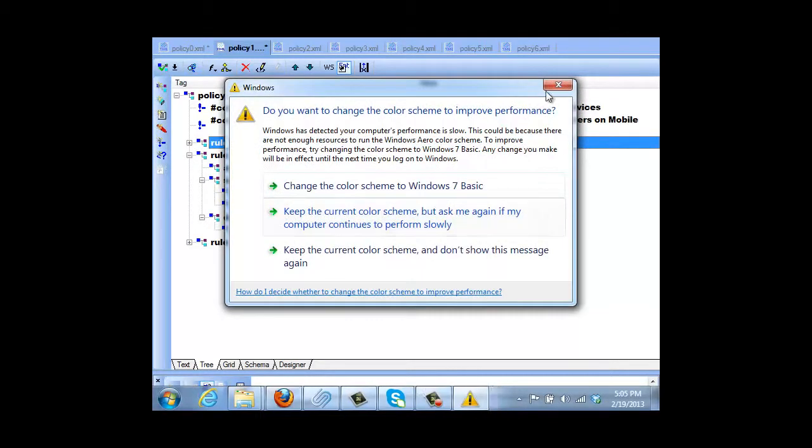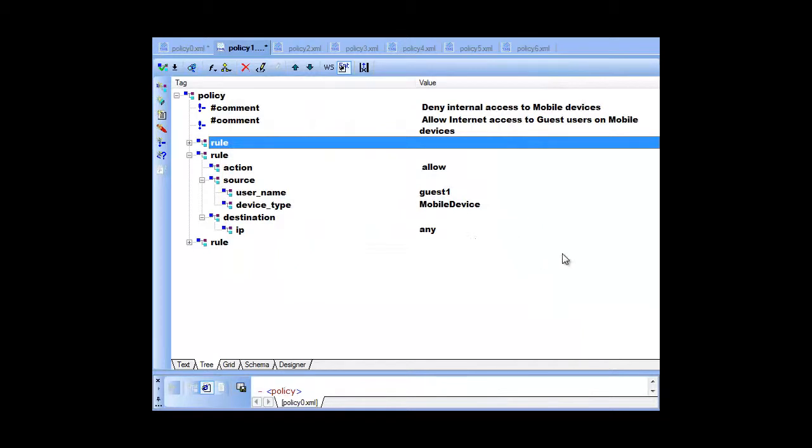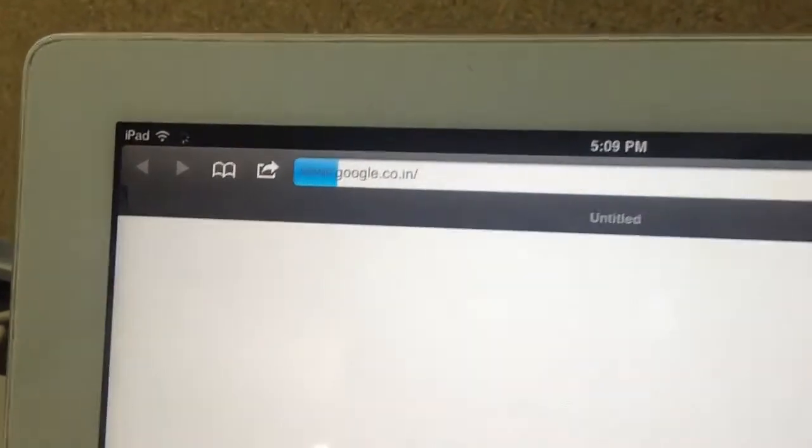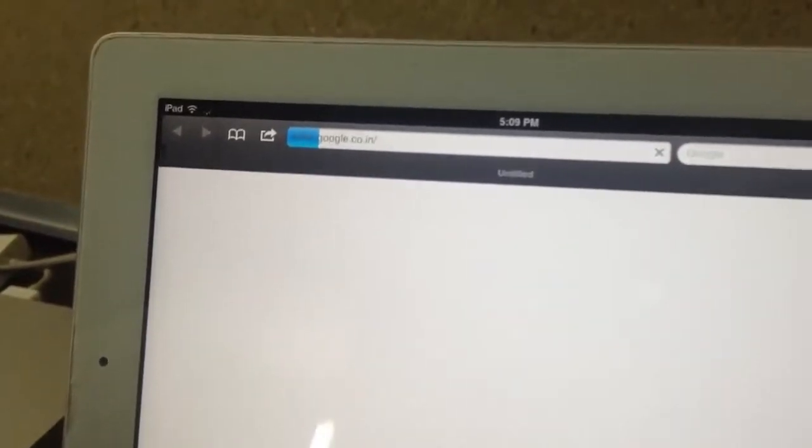And in the second rule, we give access to external resources from mobile devices when a guest logs in. And the third rule is a catch-all rule where we deny all kinds of access. So right now the user is not a guest, so google.com is not accessible.